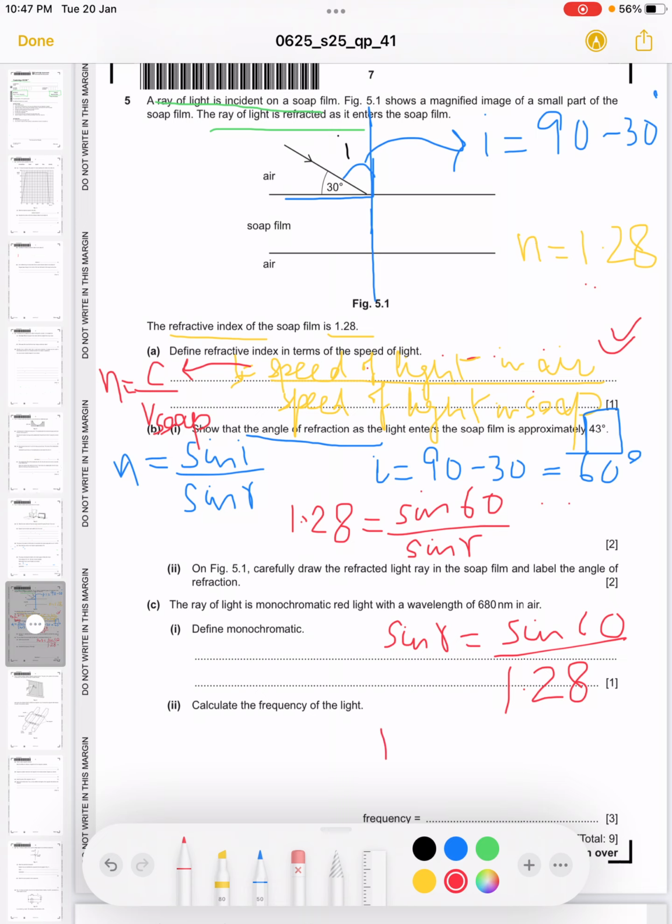And then r equals sine inverse of this whole answer, sine 60 divided by 1.28. So here you get the refracted angle, r equals